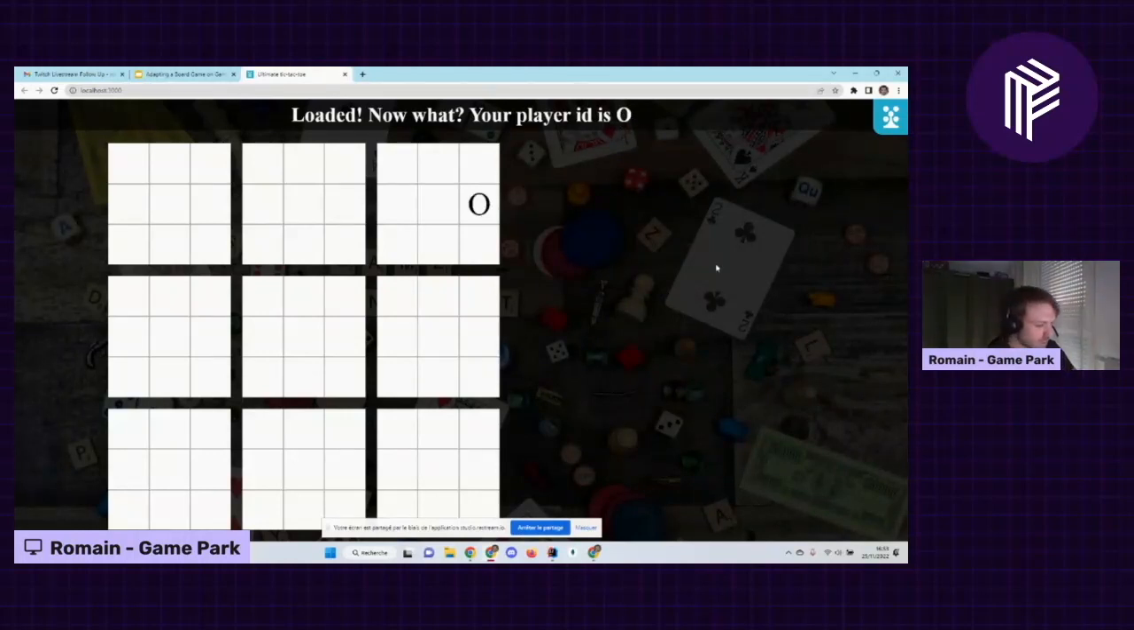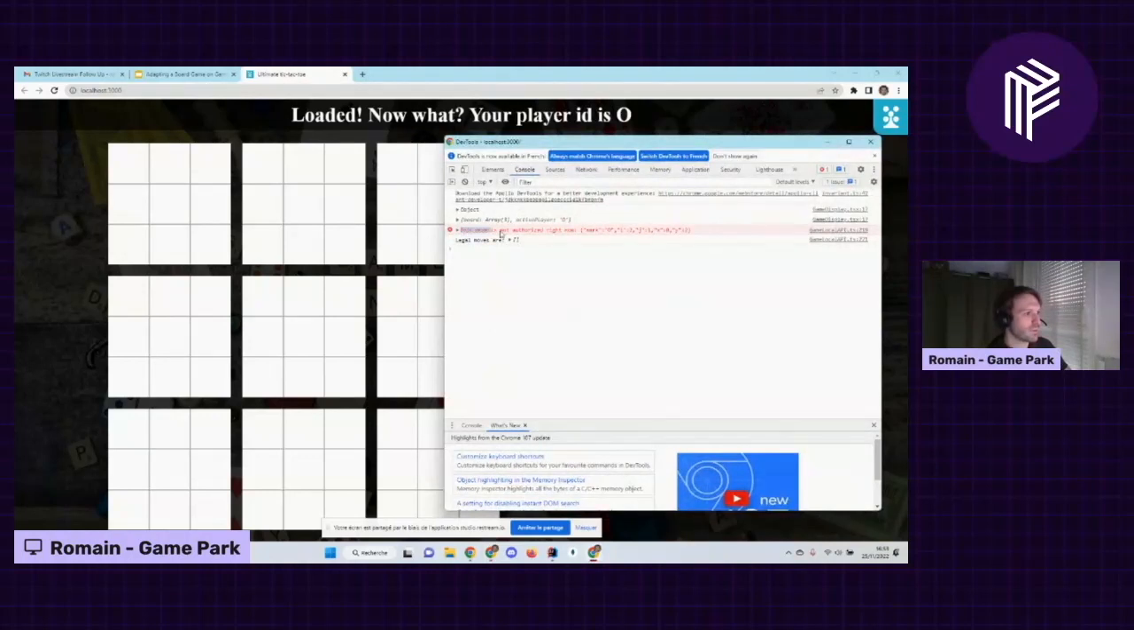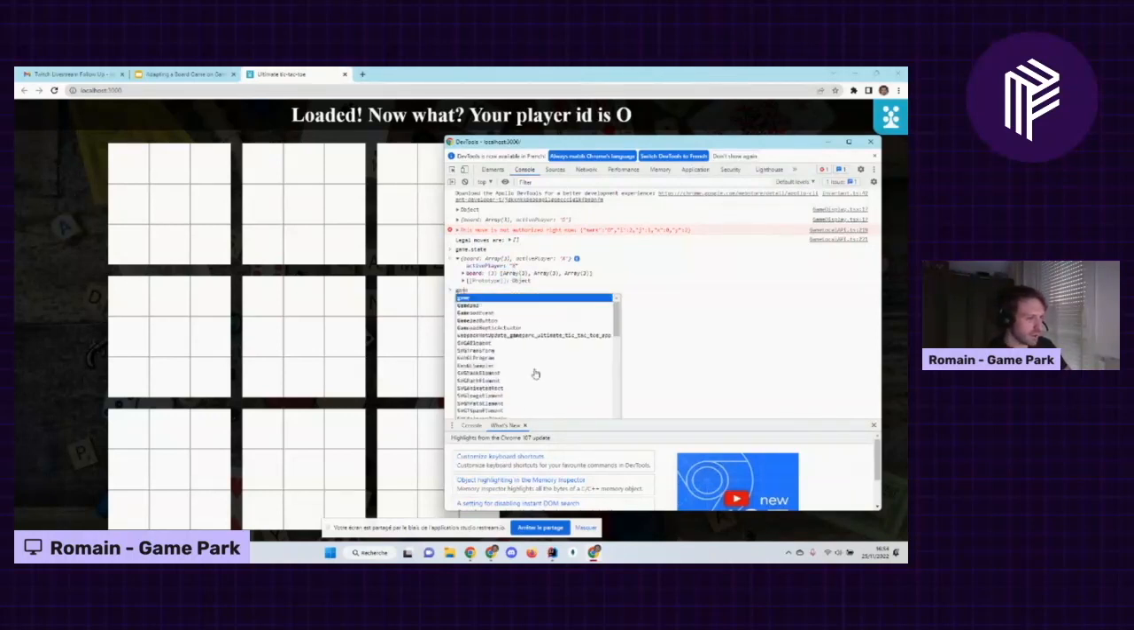If I try to put my mark, the move is not authorized right now because it's X that is the active player. You can use this command, game state here, to see the actual game state. The active player is X. And you can use this command